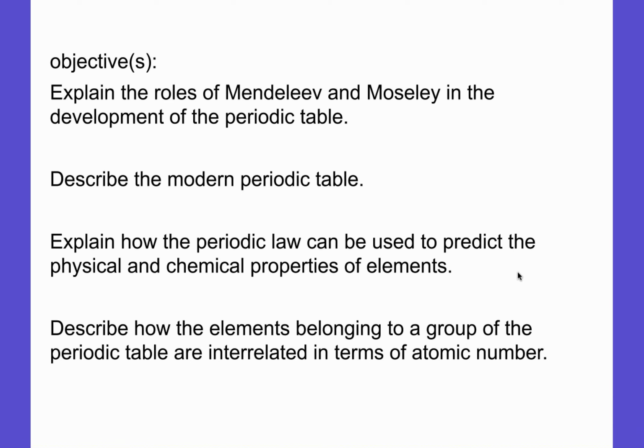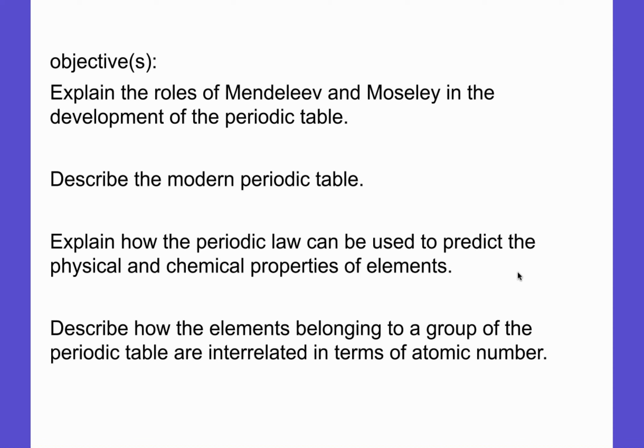All right, so these notes cover section 1 of chapter 5 in chemistry. And really, we're just going to be talking about the periodic table. We're going to talk about the roles that Mendeleev and Moseley had in developing that periodic table. And we're going to describe a modern periodic table, talk about periodic law, and we'll also talk about how